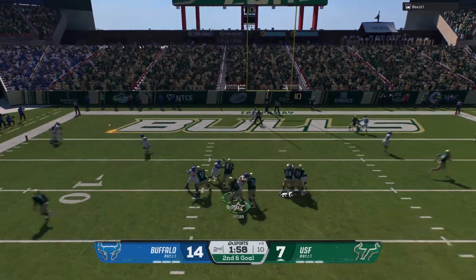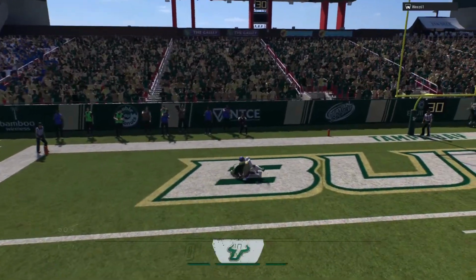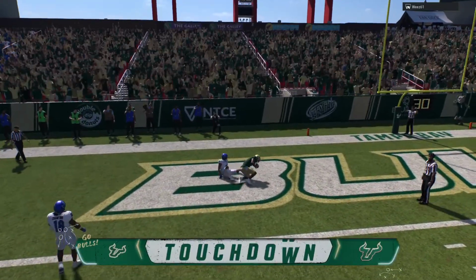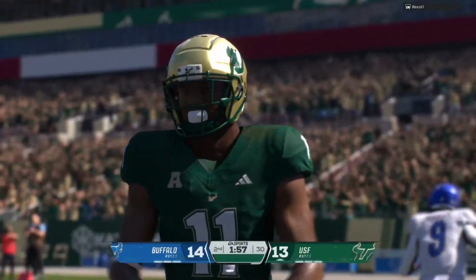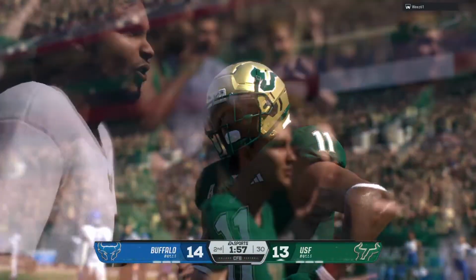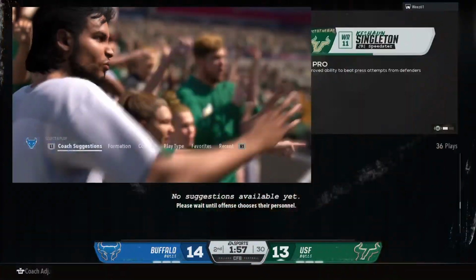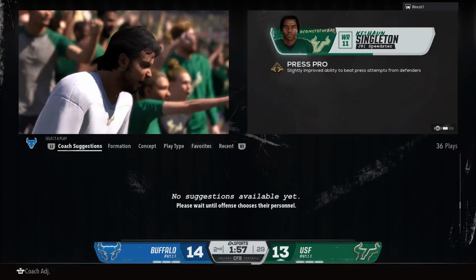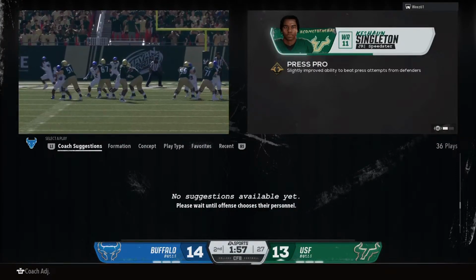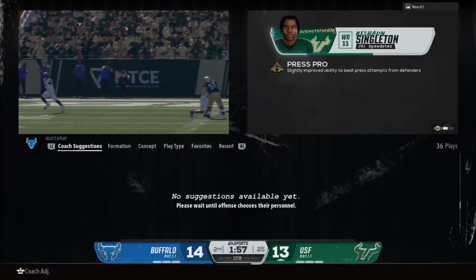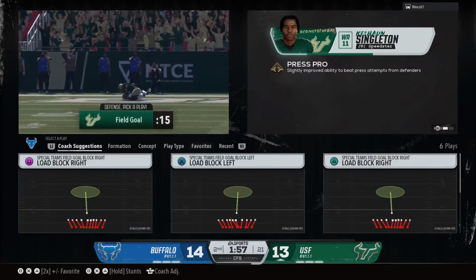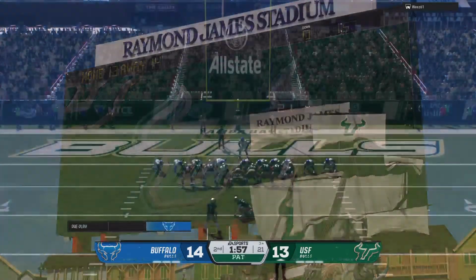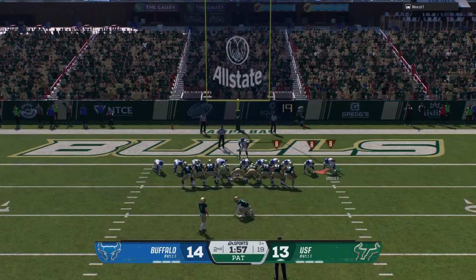Looking to fire. Into the end zone. Touchdown, USF. Fired in from the red zone for the score. Yeah, and the passing game comes through, man, and we need more of that in the second half. An extra point away from tying this football game. You trailed a little bit in the first half, stayed calm. If this passing game can continue to heat up, look out in the second half. The extra point here would tie the game.